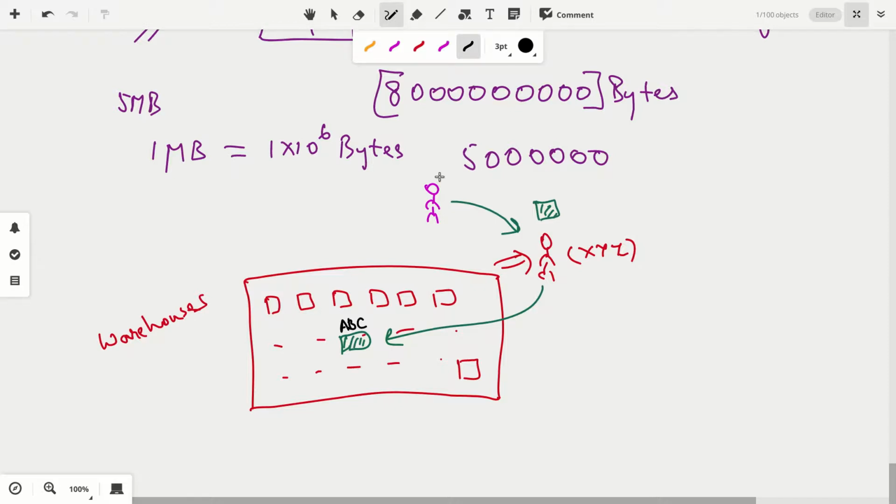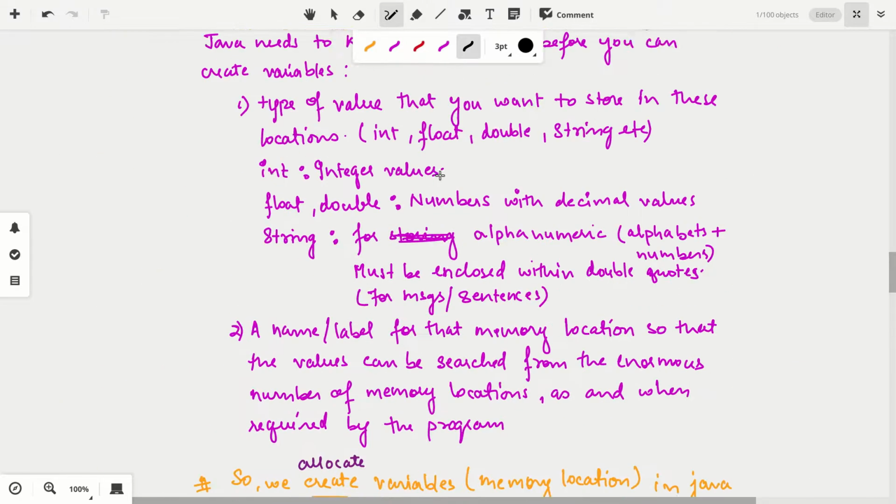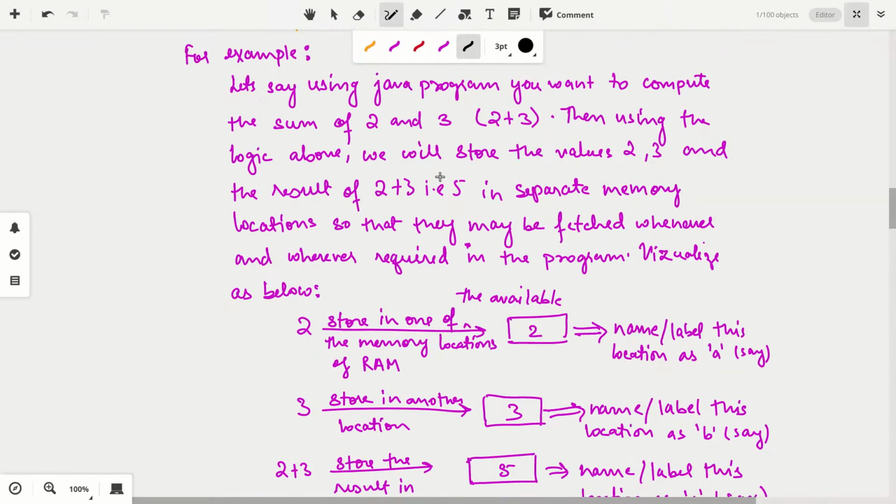Let's say you are asking the computer to give you any box to store the value, or any of the bytes or the boxes available in the memory, that is the RAM, to store the value 2 or any other value. The computer will give you a box. You will store the value, and then the computer will wait for you to label it. It won't allow you to leave without labeling it. Okay, it will give you an error.